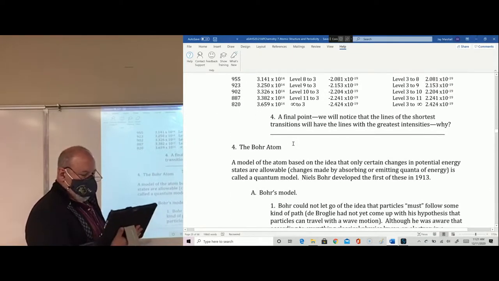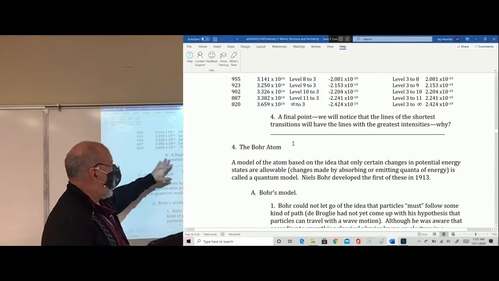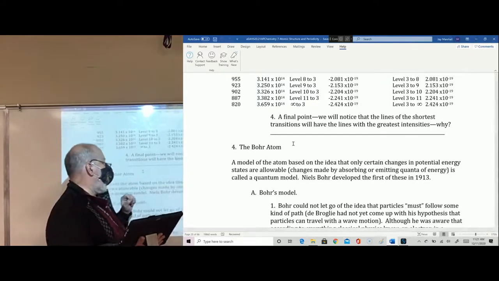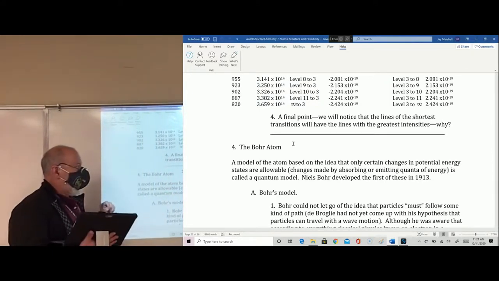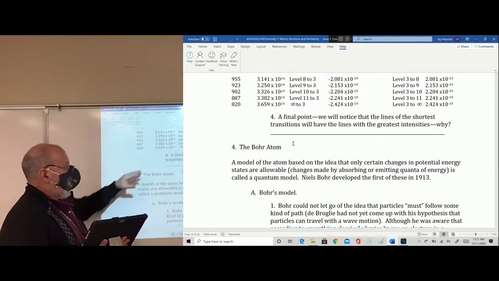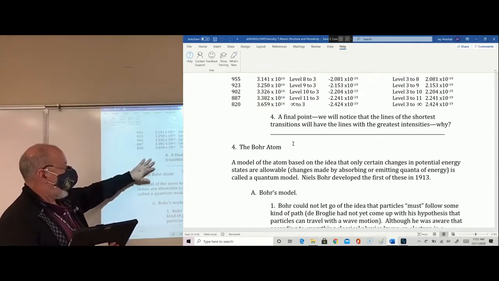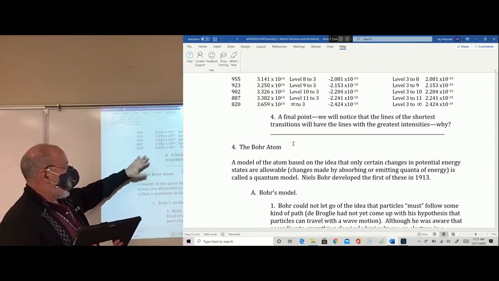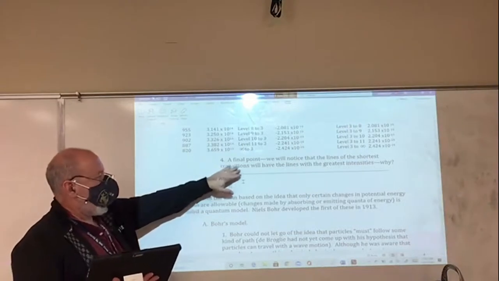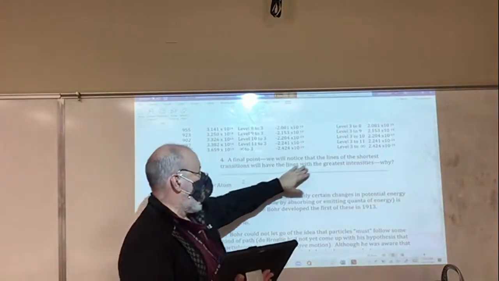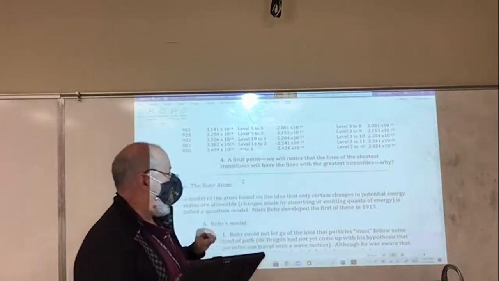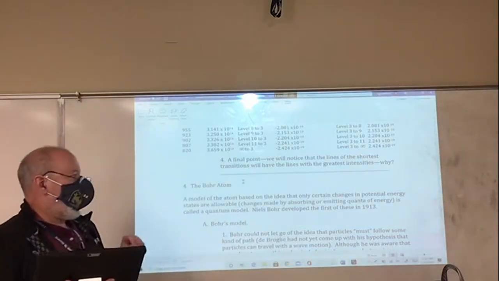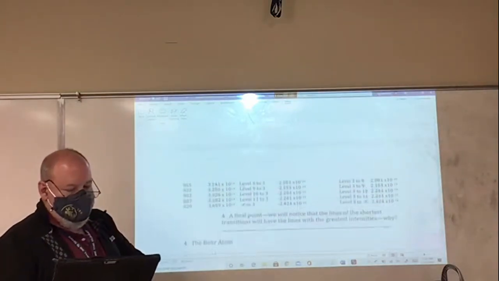Okay. Now, also a final point, we'll notice that the lines of the shortest wavelengths will also have the greatest intensities. The lines with the shortest wavelengths, the lines of the shortest transitions, will have the greatest intensities. And what I mean by that is,